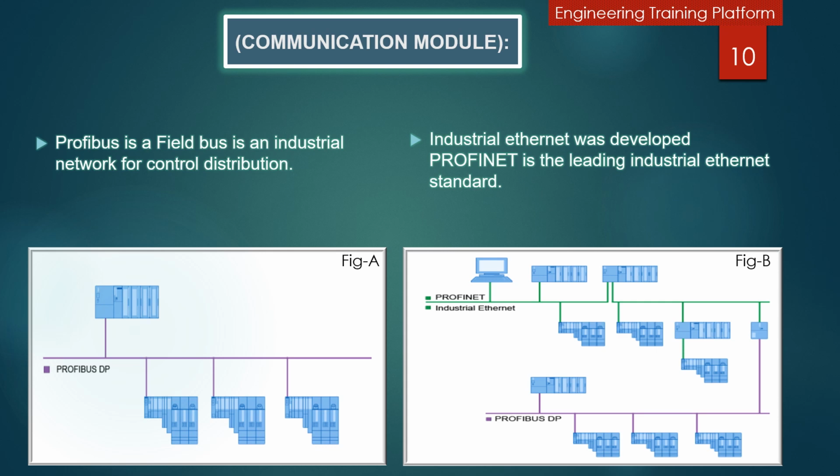With the growth in information technology, the need for the control system to communicate with the IT system increased. An IT system often communicates via an Ethernet local area network. However, an IT system is not suitable for industrial communication, so industrial Ethernet was developed. Profinet is the leading industrial Ethernet standard. Here in the picture I show Profinet; the green color indicates Profinet, which we use in industrial Ethernet for the local area network.